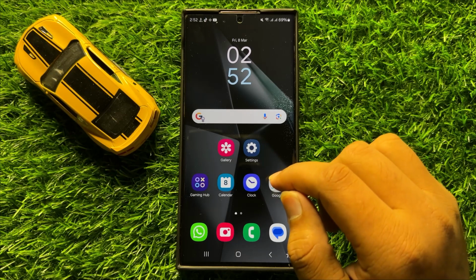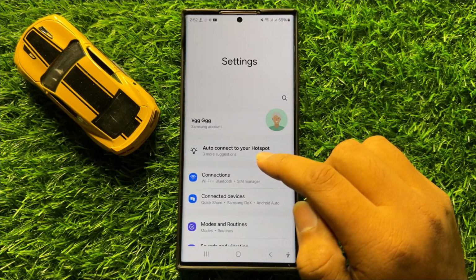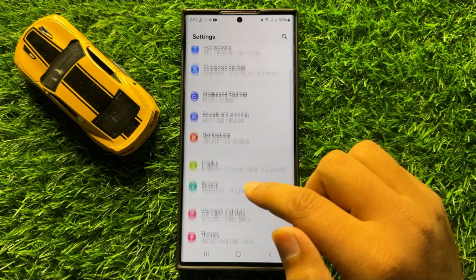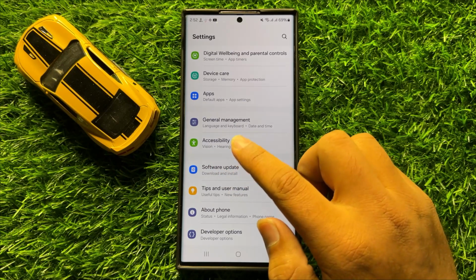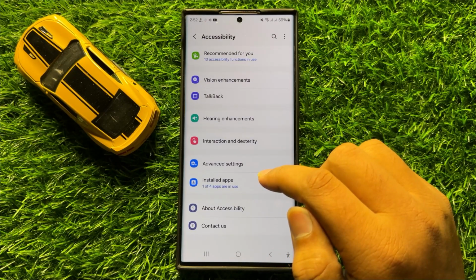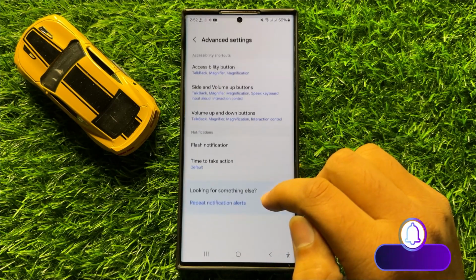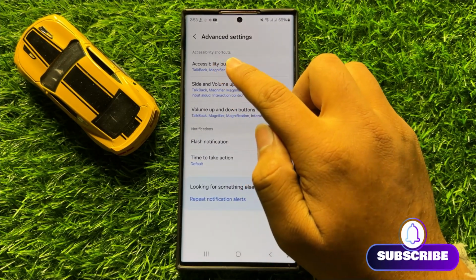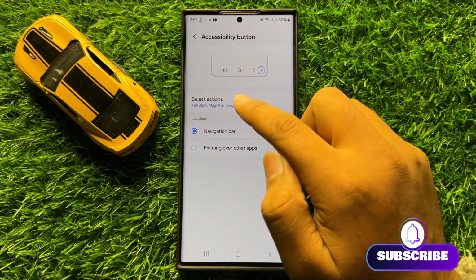So first of all, open settings. Now in settings, scroll down and here click on accessibility. Now in accessibility, click on advanced settings and then click on accessibility button. Now here click on select actions